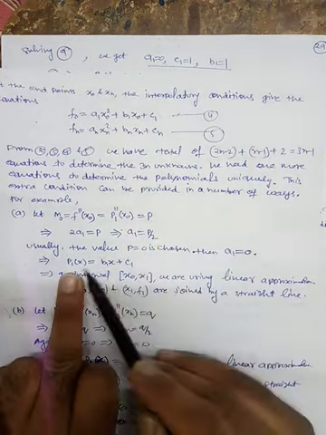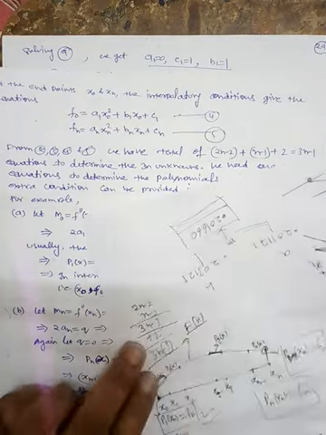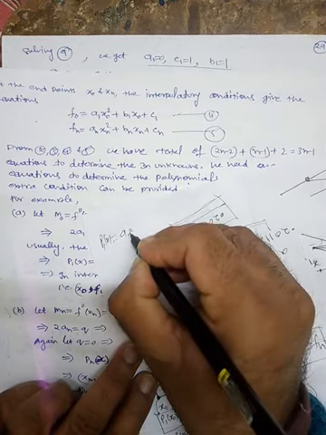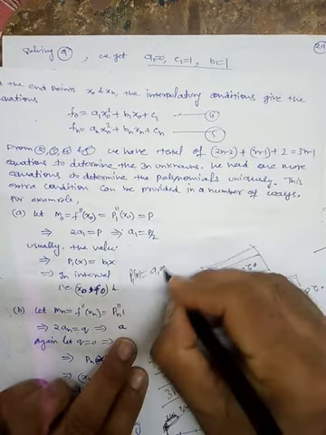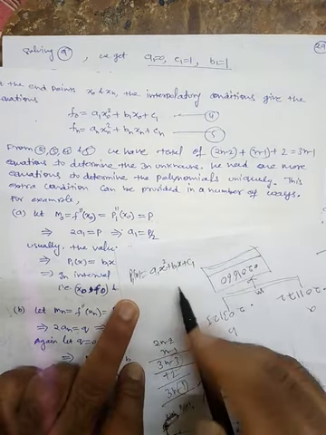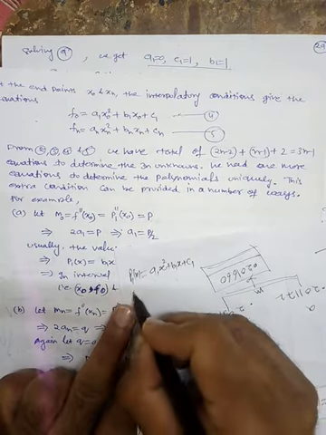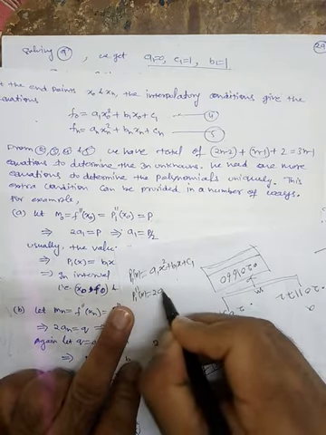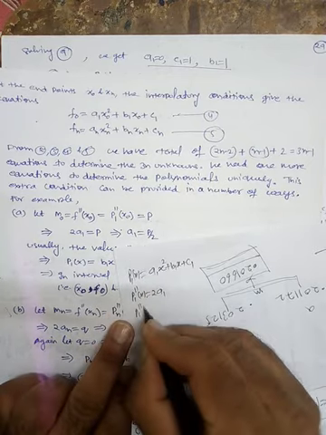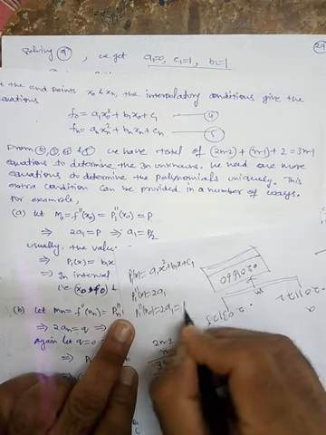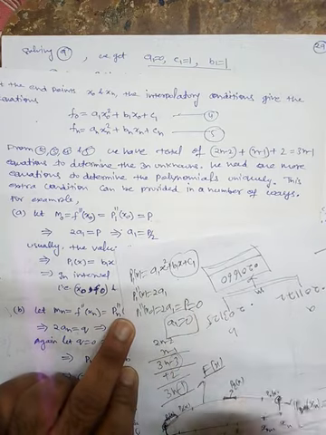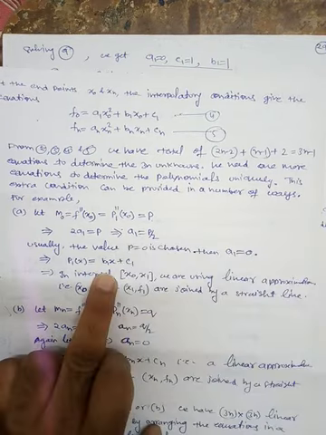So what will you have? What is p1? P1 of x is basically a1 x square plus b1 x plus c1. This is the polynomial. After the second derivative, p1 double dash x, you have 2a1. This is given to you at point x0: p1 double dash x0 is equal to 2a1. This is p, which is usually given as 0. So a1 is 0. When a1 is 0, we get only this part, b1 x plus c1. So this is written here.